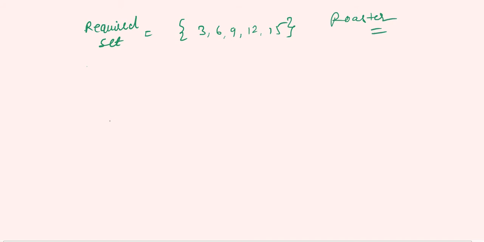Then the set of integers between -4 and +4. So between means what? -4 to +4. So -3, -2, -1, 0, 1, 2, 3. So this is your required roster form. Okay. Then next is,